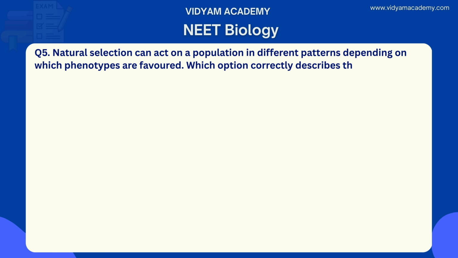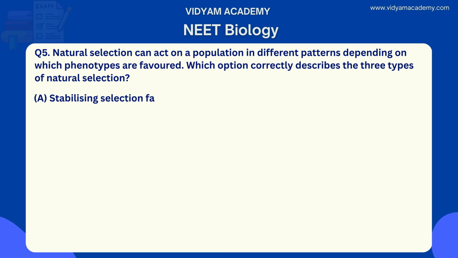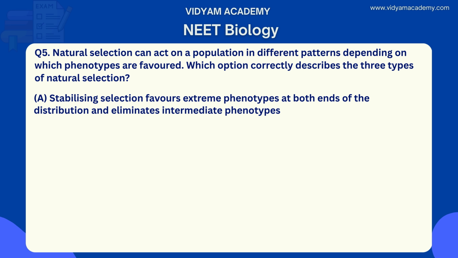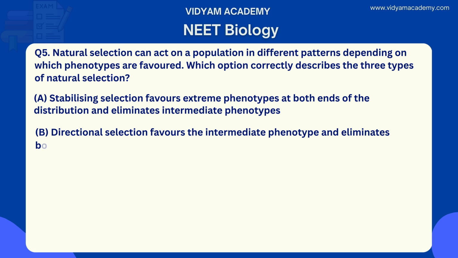Natural selection can act on a population in different patterns depending on which phenotypes are favored. Which option correctly describes the 3 types of natural selection? The first one, option A, stabilizing selection favors extreme phenotypes at both ends of the distribution and eliminates intermediate phenotypes. Option B, directional selection favors the intermediate phenotype and eliminates both extremes. Option C,